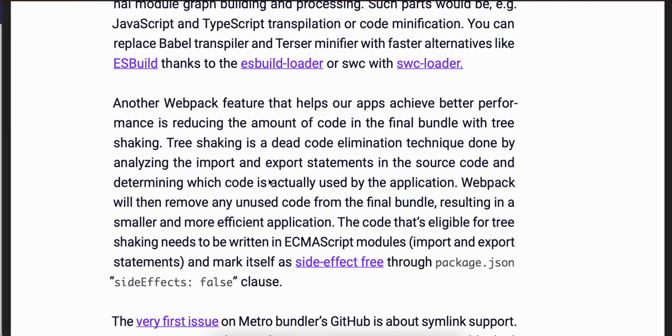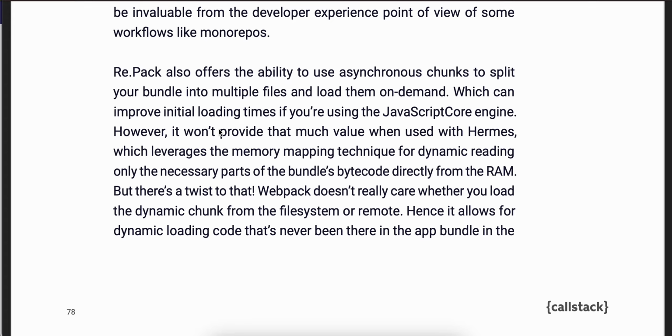However, it won't provide that much value when used with Hermes, which leverages the memory mapping technique for dynamically reading only the necessary parts of the bundle's bytecode directly from the RAM. But there's a twist to that. Webpack doesn't really care whether you load the dynamic chunk from the file system or remotely. It allows for dynamic loading of code that's never been in the app bundle in the first place, directly from a remote server or CDN. Now this can help you with reducing not only the initial load time but also the precious